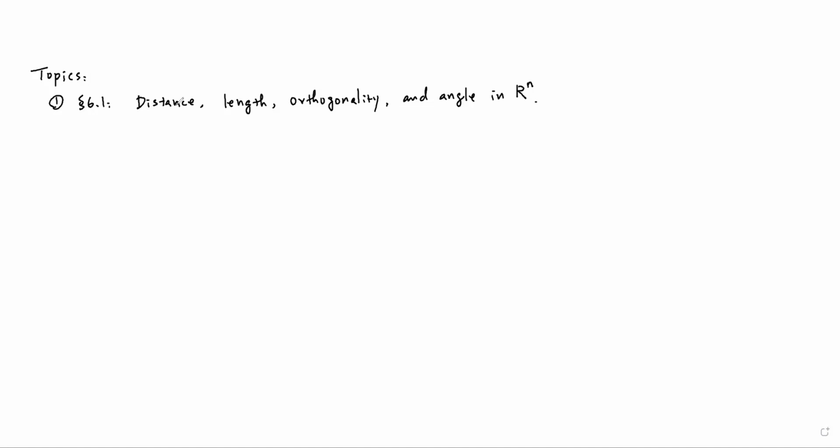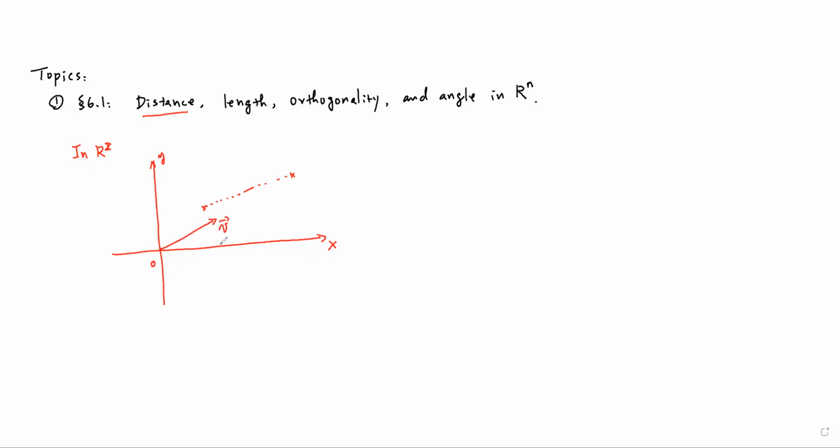Yeah, this is the topic for today's class. In R2, let me draw an XY plane. In R2, any 2 points have a distance, and any vector, right? Any vector has a length,